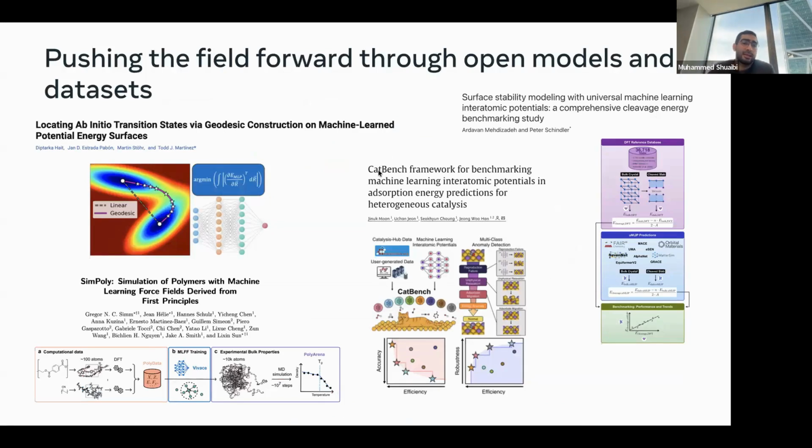So with all this, the UMA release was the biggest thing we had last year, and what we're seeing already is that what's central to pushing the field forward for science is making these tools accessible. So open models and open data sets is something that I continue to emphasize, and that's because our team is only a dozen people. We can't study all the scientific problems in the community. No one really can. So can we just give the community the tools to do that and let them go free and study whatever chemistries they care about?